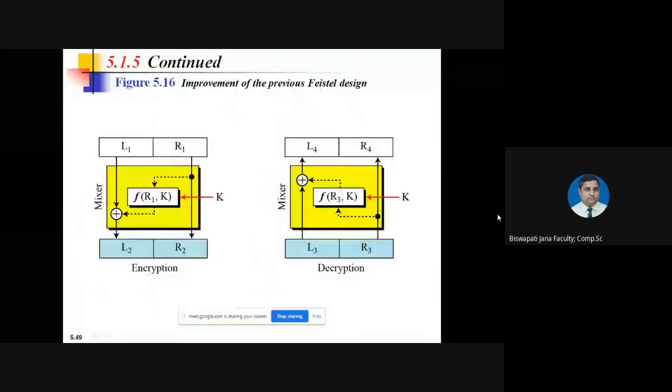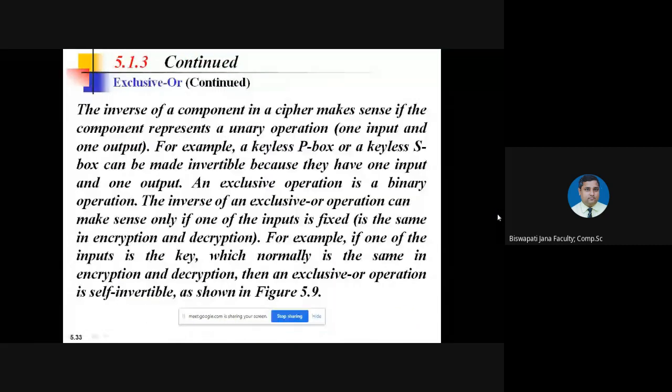My slide is visible, মানে দেখা যাচ্ছে slide. হ্যাঁ স্যার।